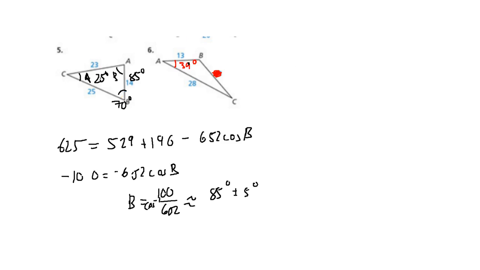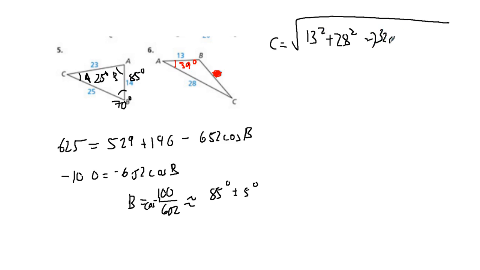For this triangle, I won't solve the whole thing. I'll just solve the side, right? This one is actually nicer because then you can just do c squared, or c equal to the square root, right? C equal to the square root of 13 squared plus 28 squared minus 2 times 13 times 28, which is 676 plus 56, which is 732 minus 732 cosine of the 39 degrees that I put down, which will give you 13 squared plus 28 squared is about